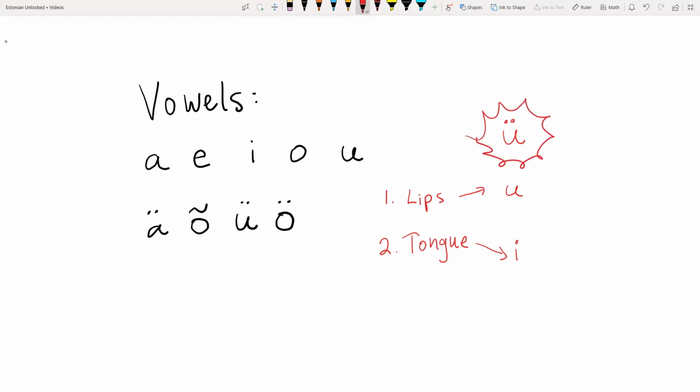U. Now, it's going to take some practice. It's going to take some time to listen to native Estonian speakers and try to copy them. But if you pay attention to where your lips and where your tongue are, you're going to be able to get the sound much better. Okay, our next letter that we want to talk about is